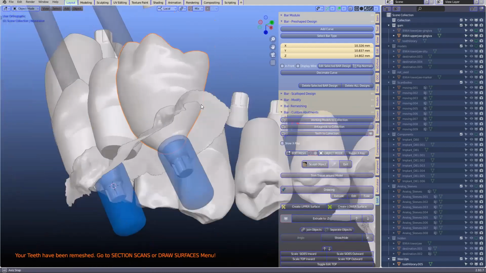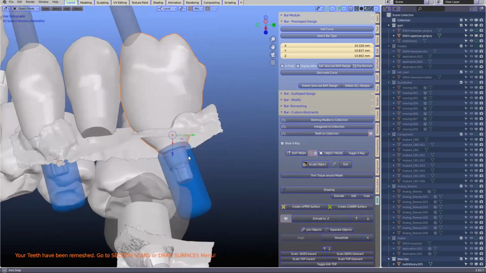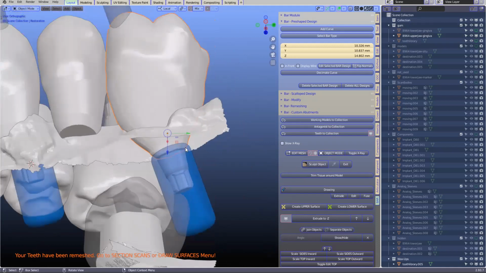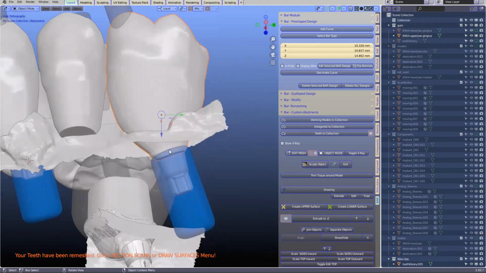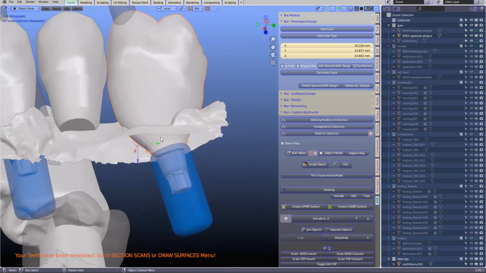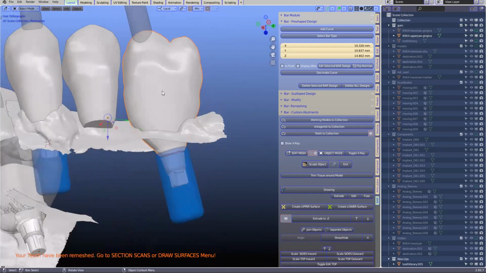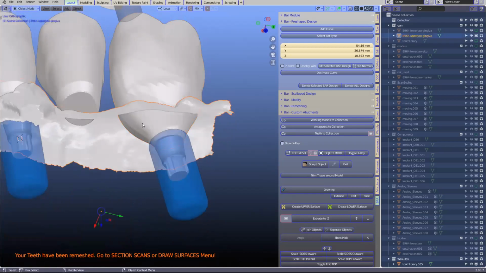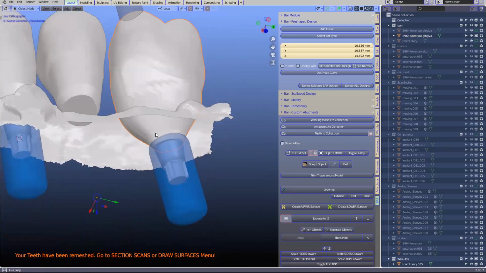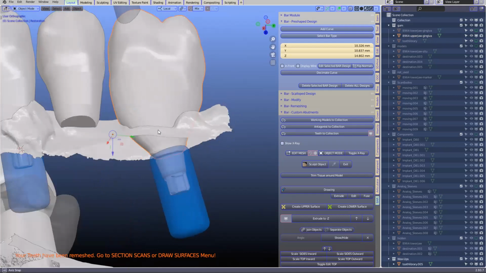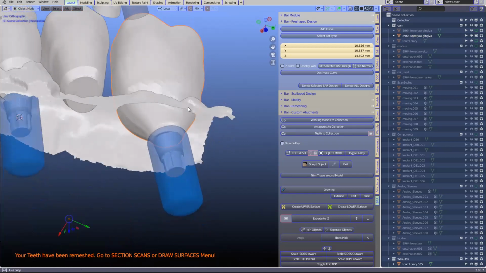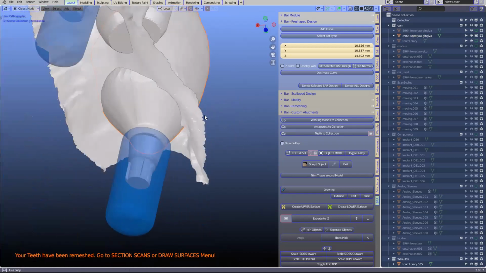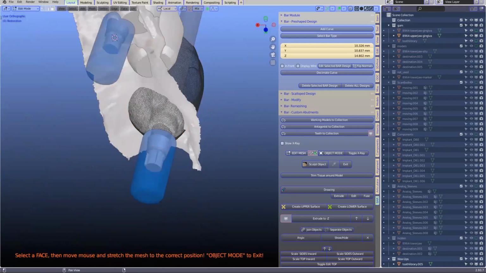We don't always know where the bone is, but this is sort of a bone level implant. So we should assume that this is on bone level, but if it's not, then we can change that. Wouldn't you narrow the neck a little bit? Depending. The question is, will this blanch the gum, or is it even going to go down? Exactly. So if you really want to narrow the neck, go into edit mode, make sure the magnet tool